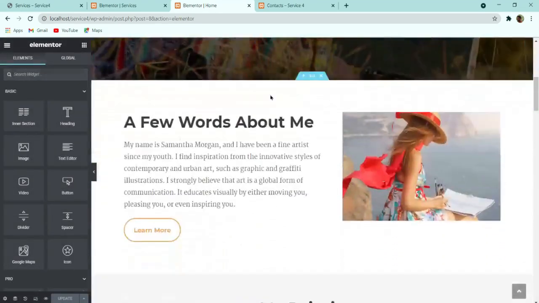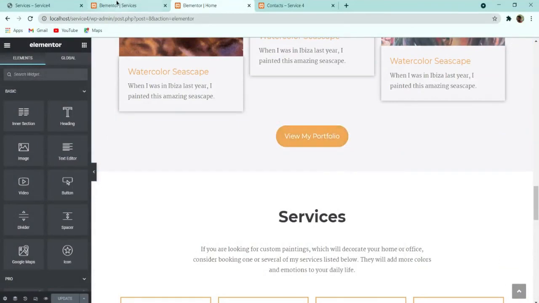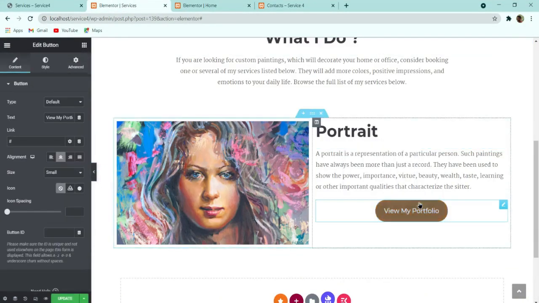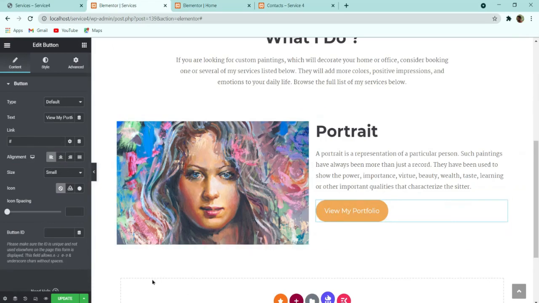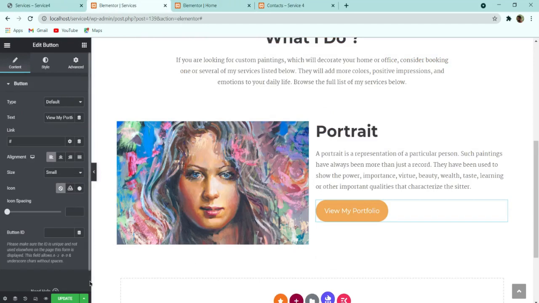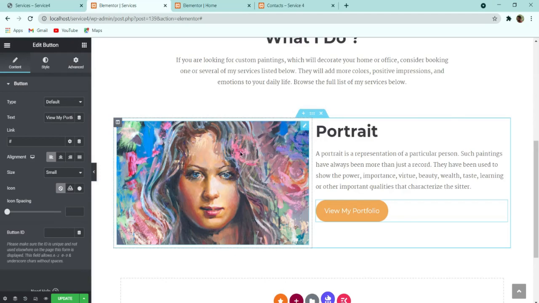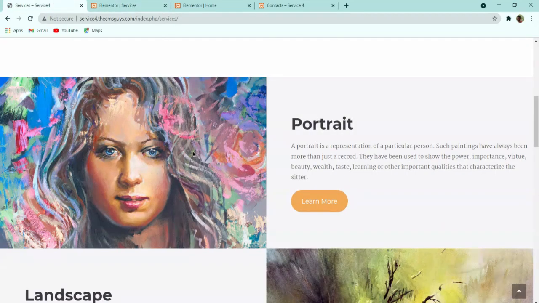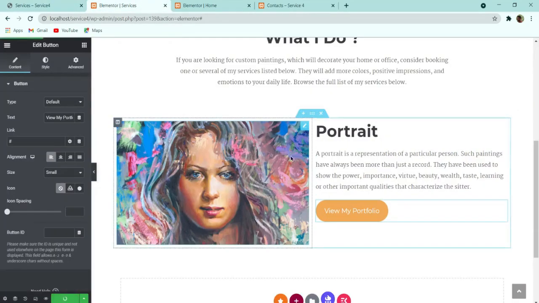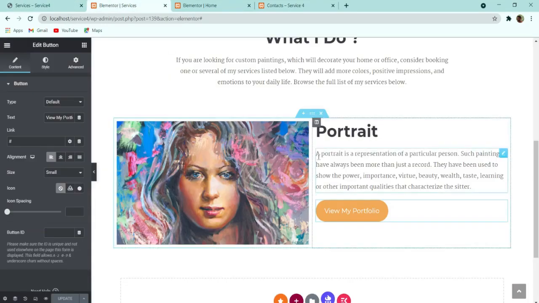After that, here what I can do is let me find a button here. I can copy it and simply paste it here. So here you can see that the button is completely copied from that home page and pasted in this services page. So this is the easiest trick which you can use to do this. So now let's customize it. Here you can see that we have almost added all the text, images, everything to this section. So now we have to customize it.